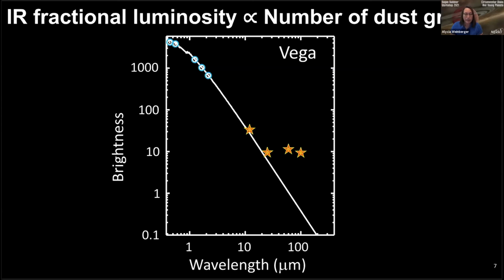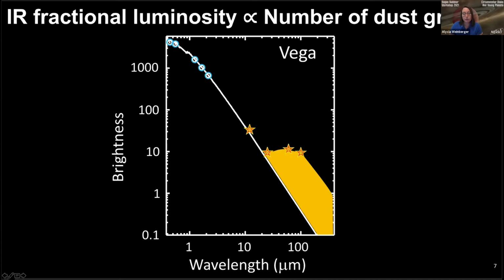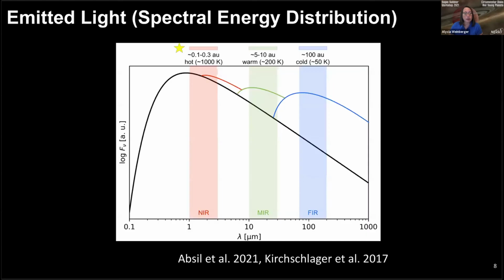So you can add up all that light for Vega, and you see that it amounts to about 10 to the minus 5 fractional luminosity. So about 2 orders of magnitude larger than our solar system, at a temperature of about 50 or 60 Kelvin. That means that it's out at distances akin to the Kuiper belt. Now you've looked at spectral energy distributions for a couple of days, and you know that if you're observing in the far infrared, where it's easy to distinguish the disk from the star, you're basically looking at cold dust out at Kuiper belt-like regions.